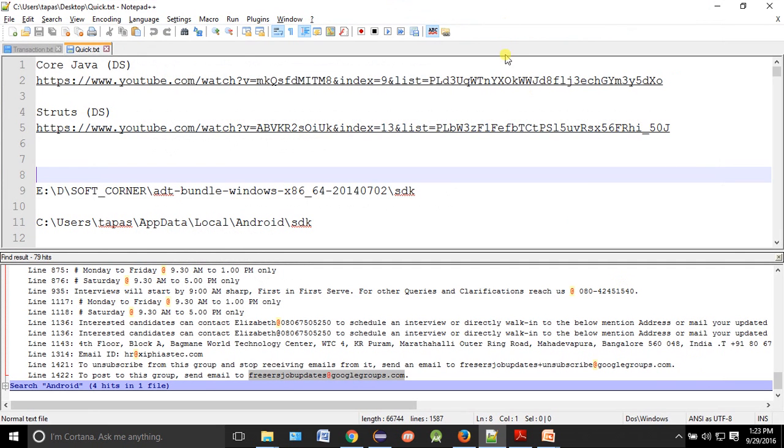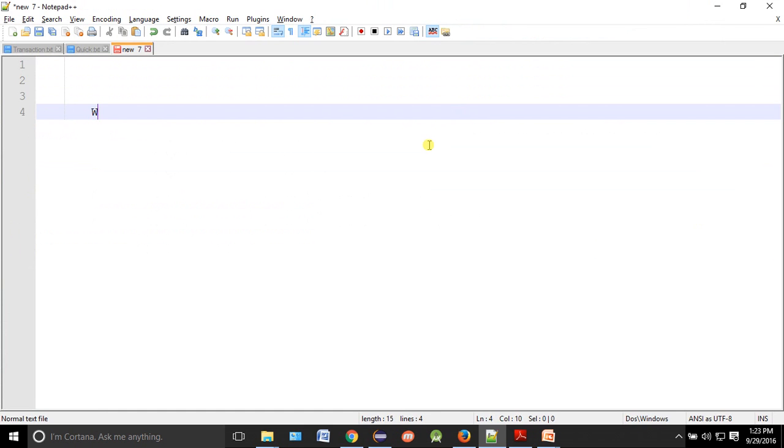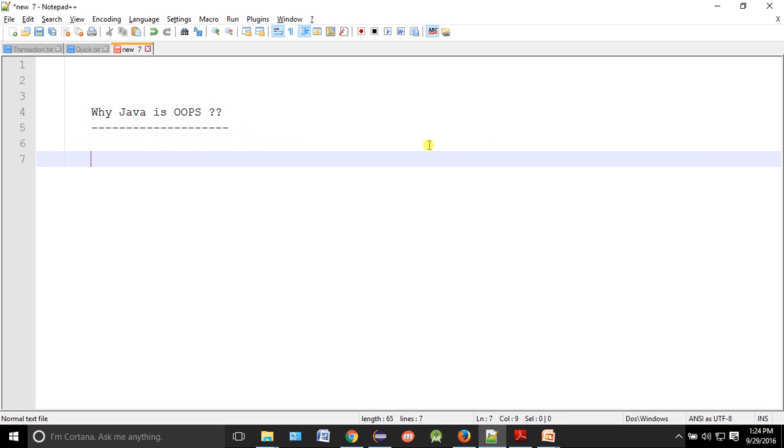So this is a very typical question when people ask. People will ask something like, why is Java called an object-oriented programming language? So you have to talk about some of those points. If somebody asks why Java is called an object-oriented programming language, then what should you say? Because Java deals with objects all the time.